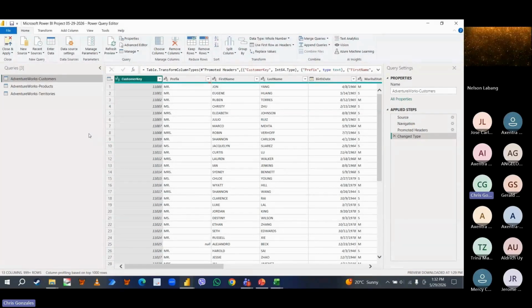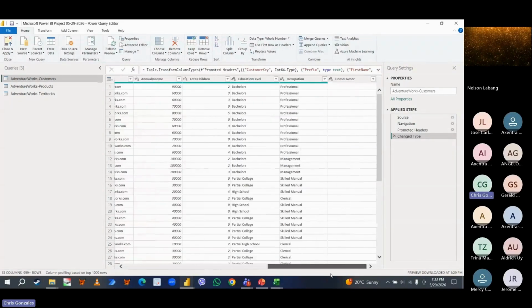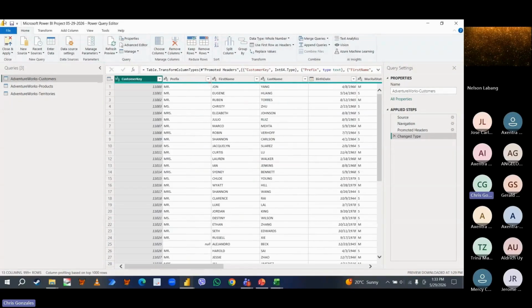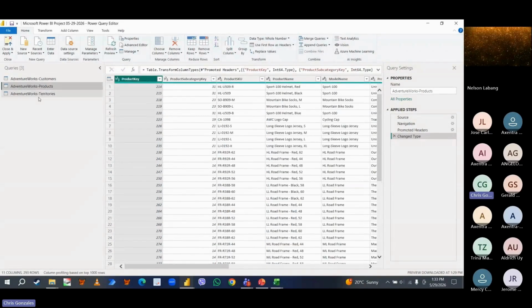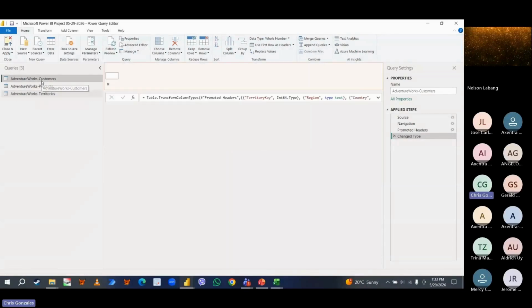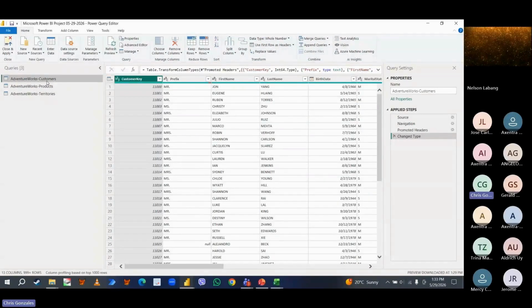Now, to give you an example, or sorry, before that, let me just observe the data source. We have here the customer lookup, the table that we saw earlier. We have here the products and we have here the territories. So technically, when you import an Excel file, the table is now present in Power BI as well. They have the same set of columns and the same set of rows. But I would like you to pay attention to this area, which is the applied steps, just to give you an overview of what happened.